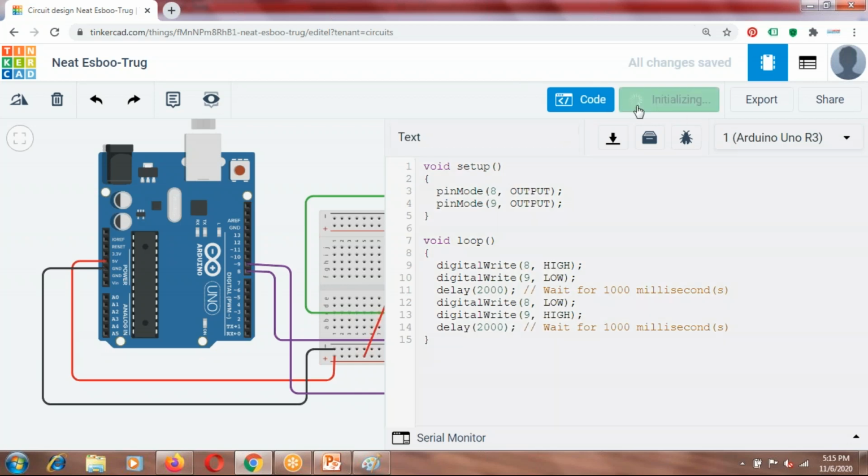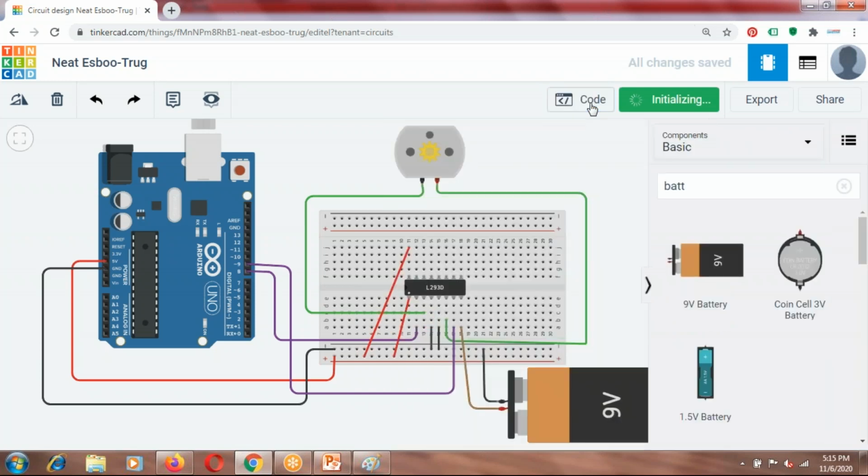Let us start the session and see how it is working. You can see here, it is moving in one direction, clockwise, for 2 seconds.